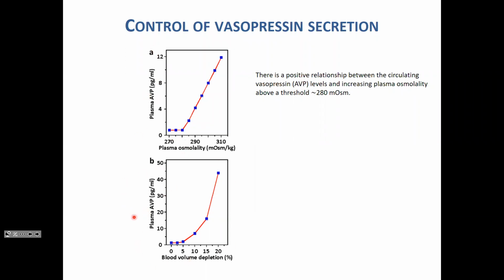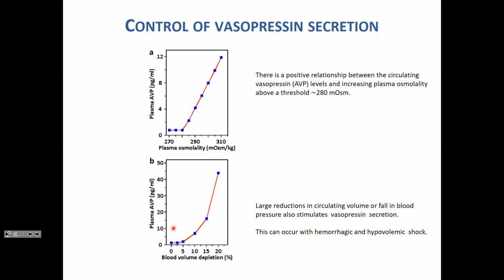At the bottom, I'm trying to show you the relationship of vasopressin in the plasma versus blood volume depletion. And you notice that large changes, like a 10 to 15% decrease in blood volume, are going to stimulate secretion of vasopressin. And notice the difference in the y-axis. This is 0 to 12. This is 0 to 50. So you get a much bigger vasopressin secretion when you have blood volume loss. And this can occur